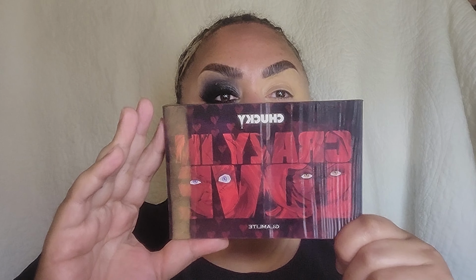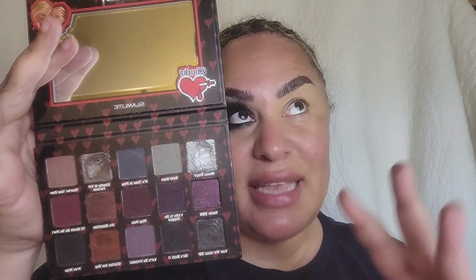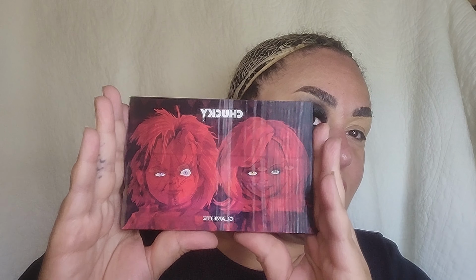All right, you guys have already seen the final look. And as usual, I always start with one eye done. I'm using the Glamlite Cosmetics and Chucky Collaboration. And I'll be honest with you, the only reason I purchased this is because I wanted it for nostalgic purposes. This is not for me. I love grungy eyes, but I like grungy eyes with variation. For me, for my makeup skill, I can't really do a lot with these shadows, but I knew that buying the palette. So if you are looking for a palette that is actually a well thought out eyeshadow palette, this ain't for you, sis. But if you want it for nostalgic purposes, and of course the packaging is fucking bomb,